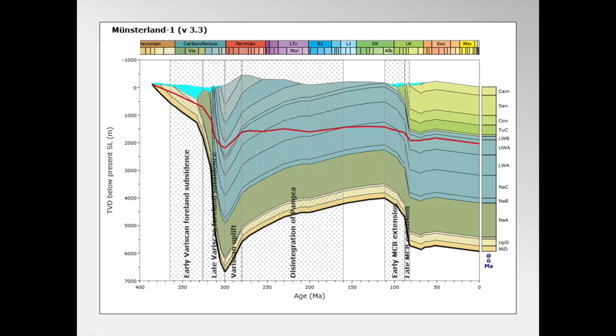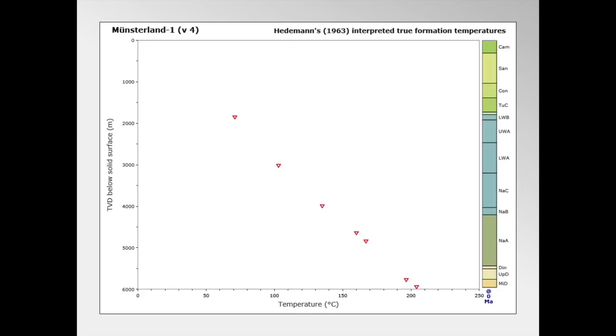Mid to late Cretaceous tectonic subsidence in the MCB was concurrent with inversion of the Lower Saxony Basin to the north and east. This juxtaposition, together with the speed and intensity of the second subsidence phase, suggests some kind of transtension. Now let's shift gears away from the tectonic events and look in detail at the thermal aspects of the model,